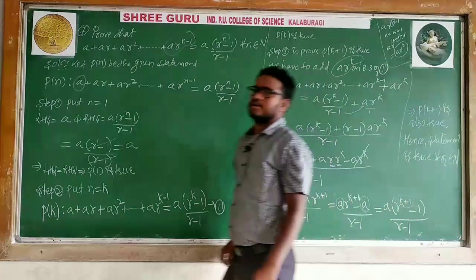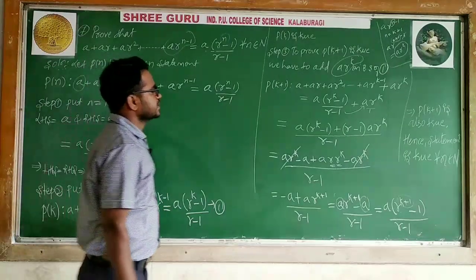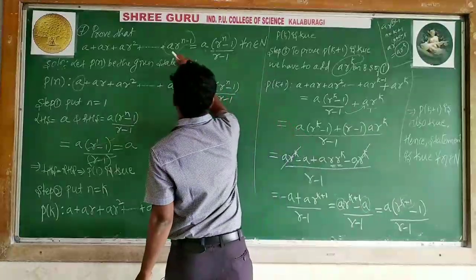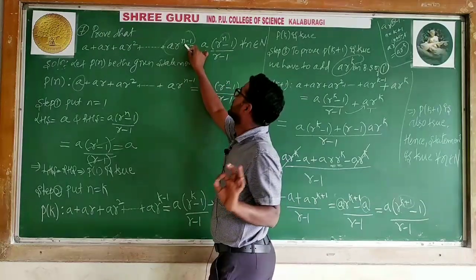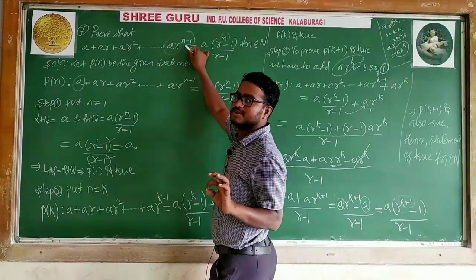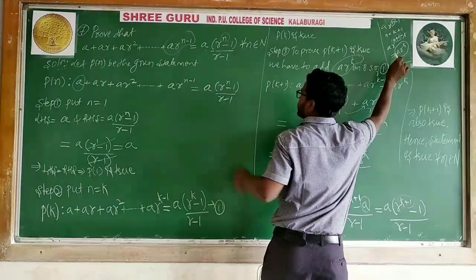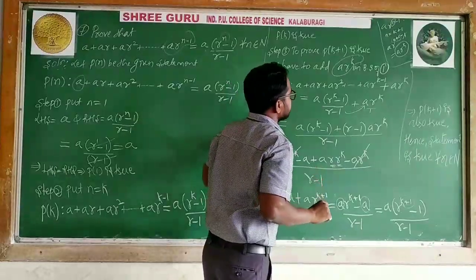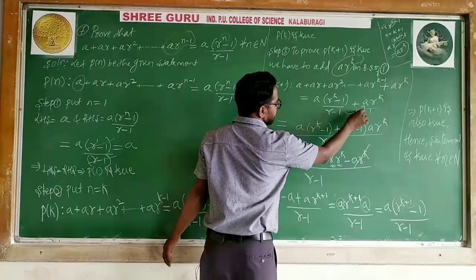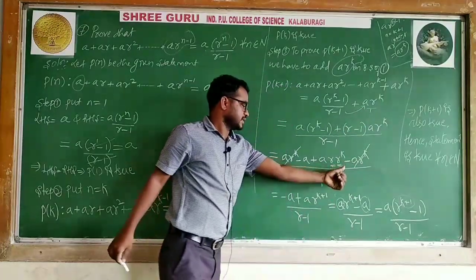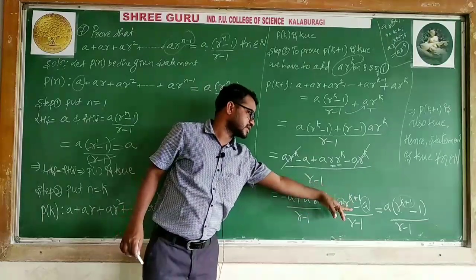I think the main thing is the third step. Up to this you can do it easily. The third step is the addition term. In A R to the power n minus 1, in place of n you put k plus 1; k plus 1 minus 1 gives A R to the power k, which is the addition term. I took it roughly; if you want you can take a rough side and then decide. You have to add A R to the power k with equation 1 and simplify the RHS neatly, and then you can simplify minus A plus A R. This I took first, that I am taking second.